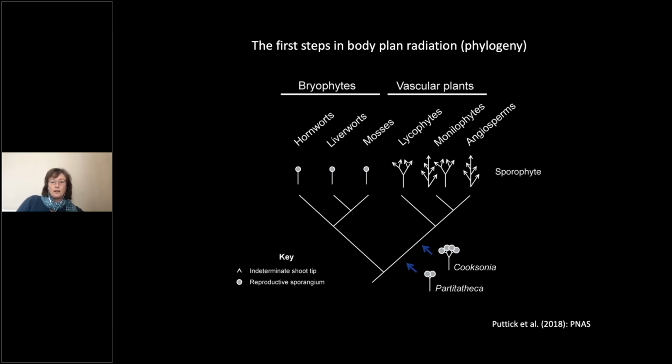However, amongst the earliest land plant fossils, there are some, like the ones that you can see along the right-hand side of the tree, in particular Partita theca, that lack vasculature but branch just once or twice, having features that are intermediate between living bryophytes and vascular plants. The earliest vascular plant fossils, like Cooksonia, have a similar form to Partita theca, but they're a bit bigger and more branchy. So if we compare the features of living bryophytes to these fossils, we can gain insight into the features of